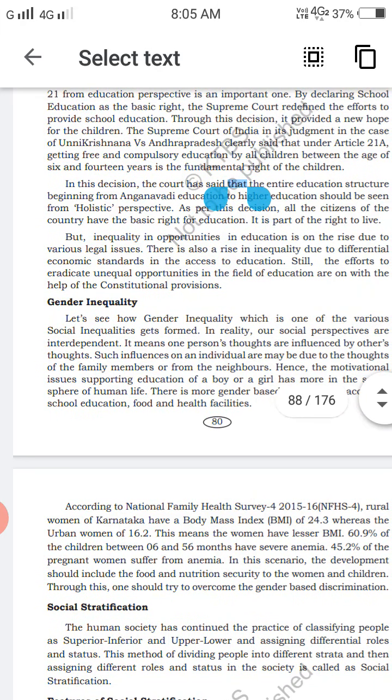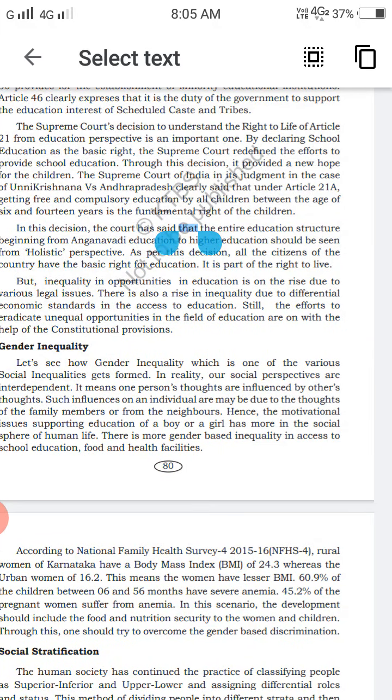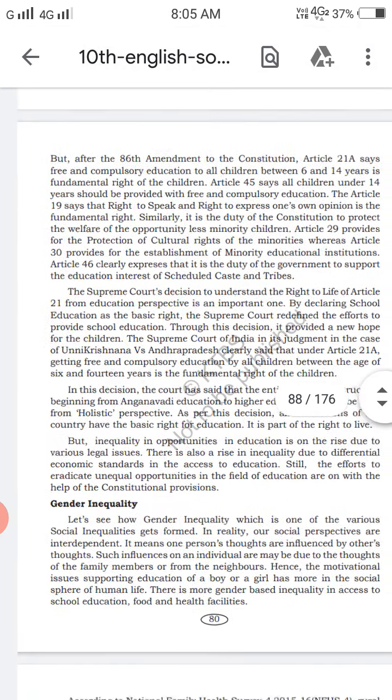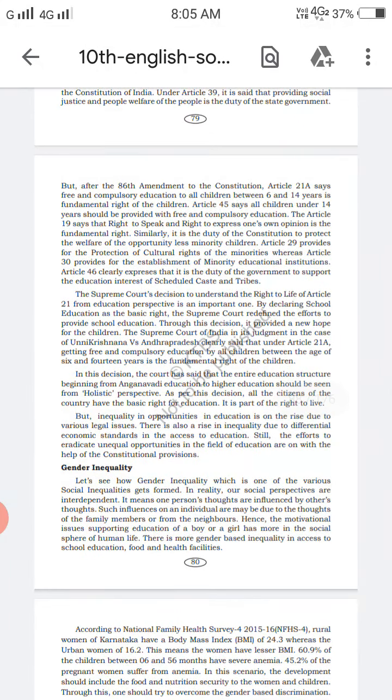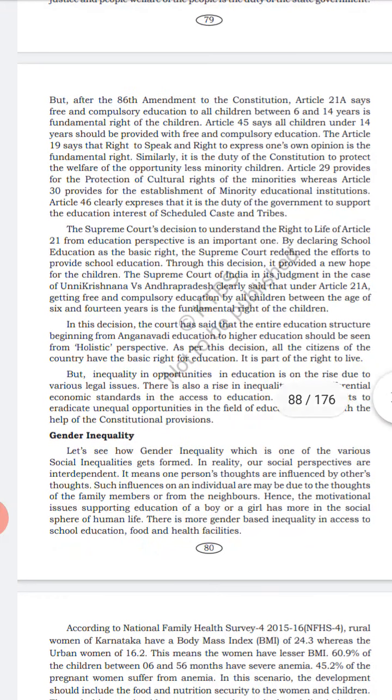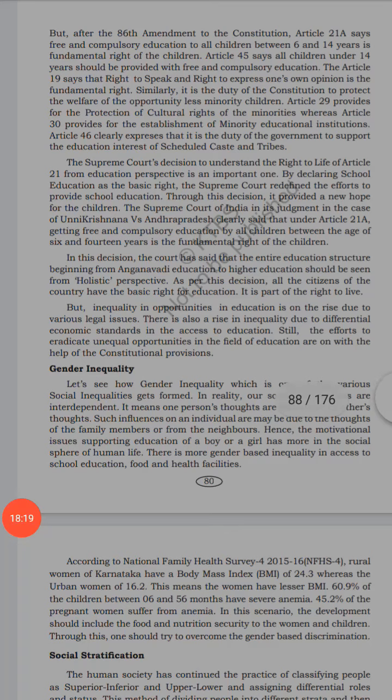So for that, education inequality has risen and still exists. Whatever it may be, according to the Constitution, getting education is a basic right of every Indian citizen. Children from 6 to 14 years must be given free and compulsory education by the government. Okay, so next, we can see gender inequalities